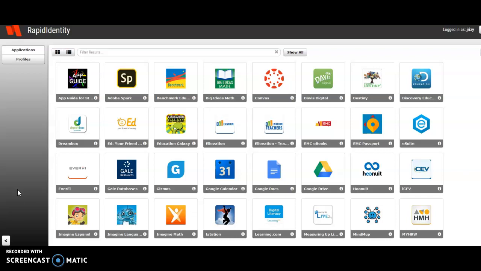Now, if you look at the video, you'll notice that I have logged in to Rapid Identity. Your password should have changed, and hopefully you have made that necessary change. And I wanted to really quickly, before I locate Canvas, which is right here, point out one